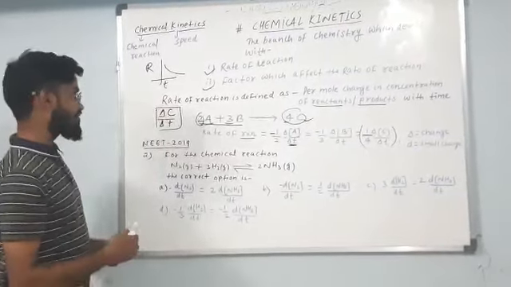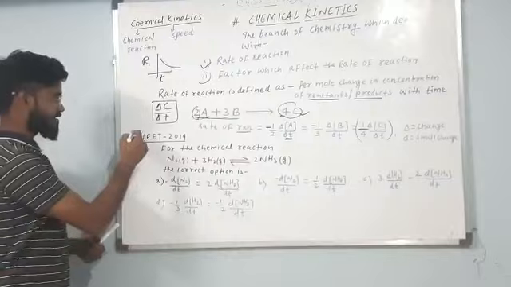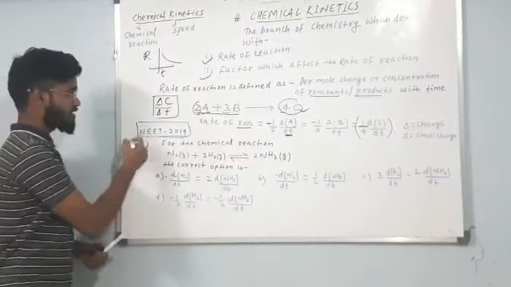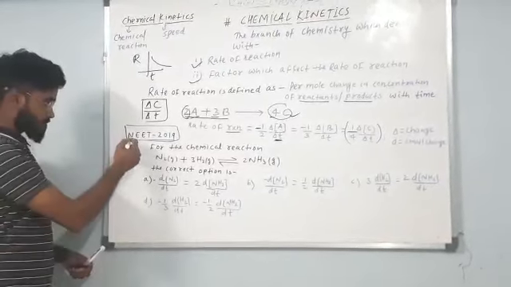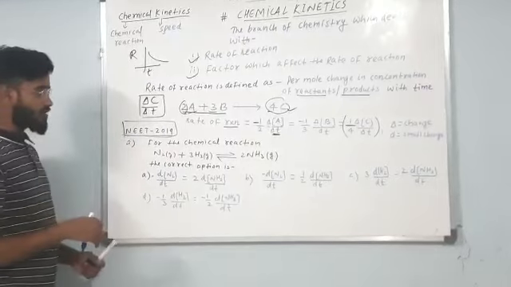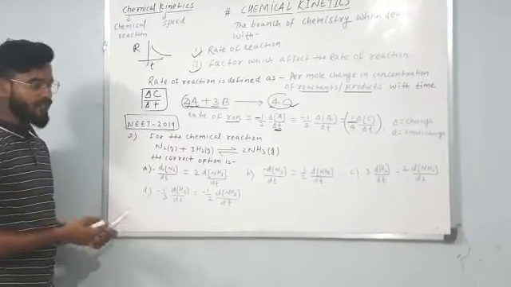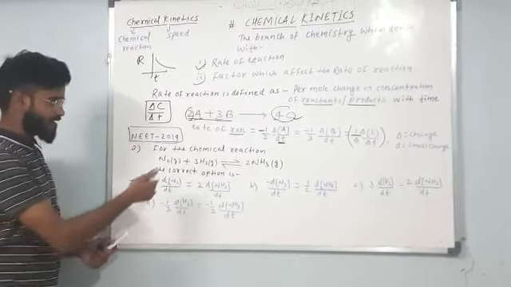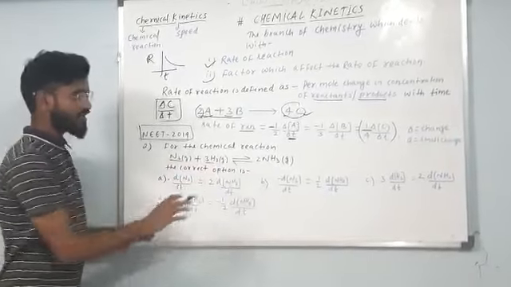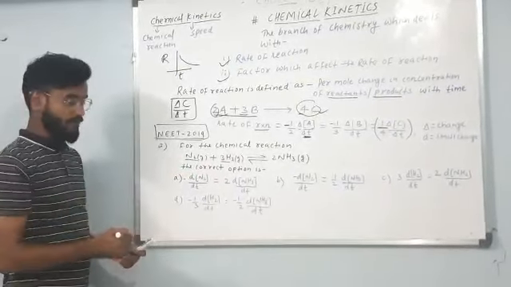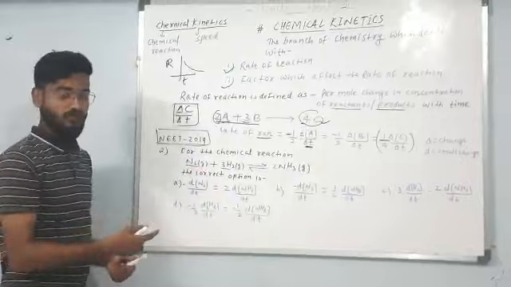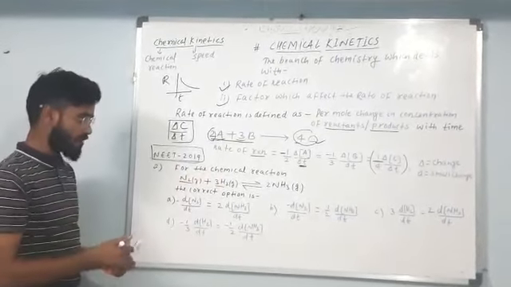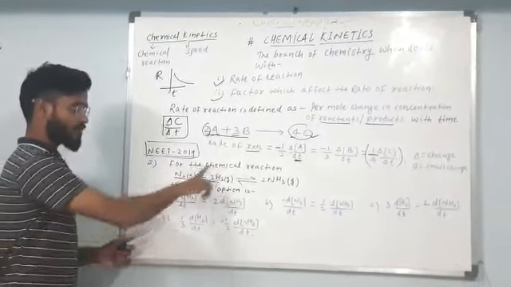So let's start with the question. See, this is a very recent question that has been asked in 2019 in NEET. So this is very important and very easy. See, this chemical reaction is a balanced chemical reaction if you look properly, and this is nothing but Haber's process for the manufacture of ammonia. So for the chemical reaction